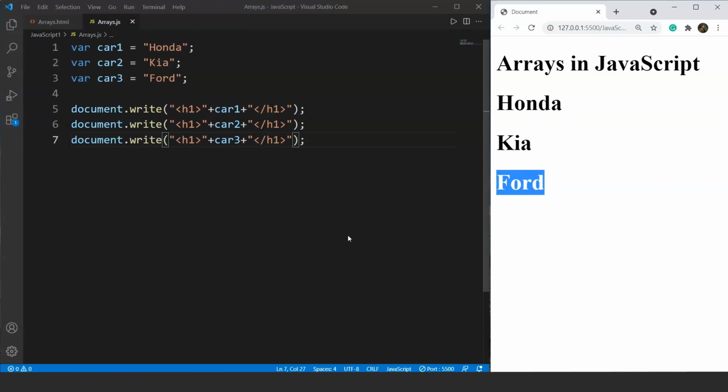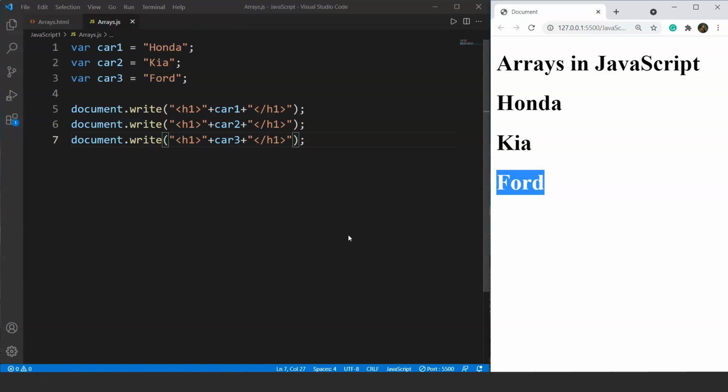Now imagine if we have 100 values here instead of just 3 values, or maybe 1000 values in a list. We can't follow the same procedure in that case, right? That's where arrays come into play. What we can do is use a single variable and store as many values as we want inside it. By doing this, we don't have to access each and every variable separately while printing them. The data types of the values present inside the array do not matter at all. We can save numbers, strings, or a value with any data type. We'll discuss it in a moment.